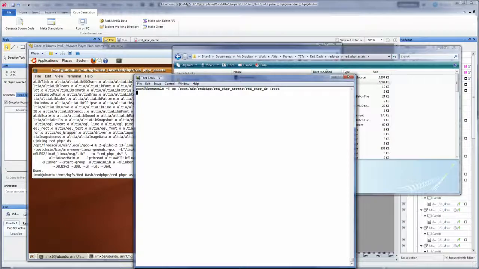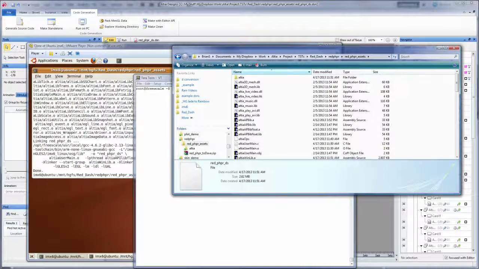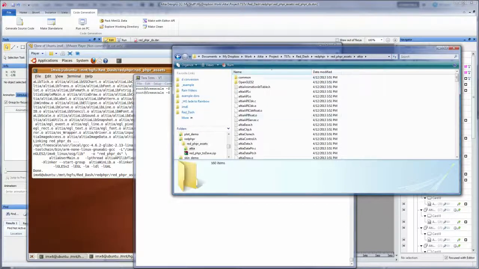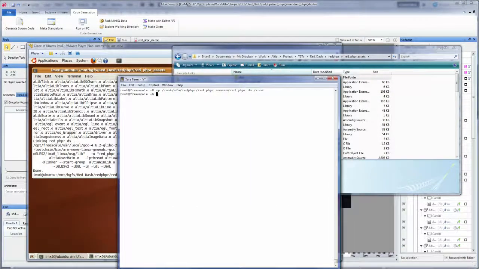While that's going, I just want to once again reiterate the process. We started in Photoshop, drew up the graphics and the layers in Photoshop for our interface, used Altia Photo Proto to generate those working clickable objects. Then we came into Altia Design, and if we wanted, we could add additional animation or add other objects and user input events or external code. But when we were done, we generated code, got the CNH files, went ahead and compiled it, and then copied it to the IMX6. So now if I just do a quick ls, you can see that it's sitting there,